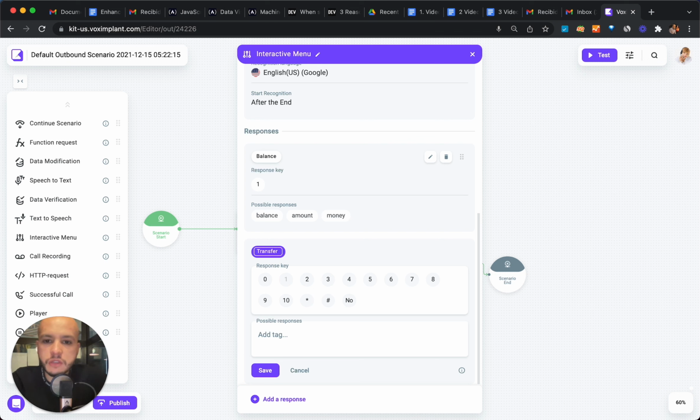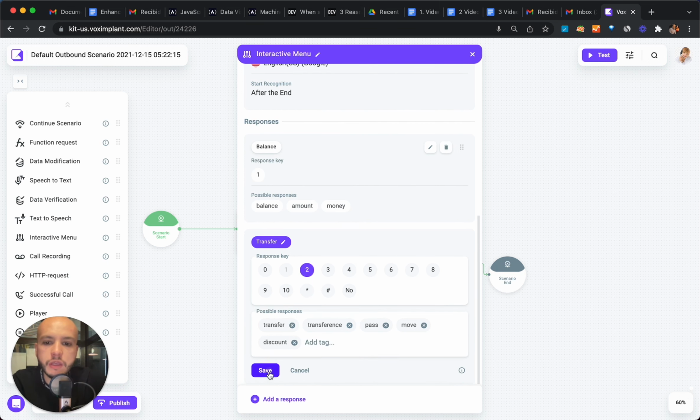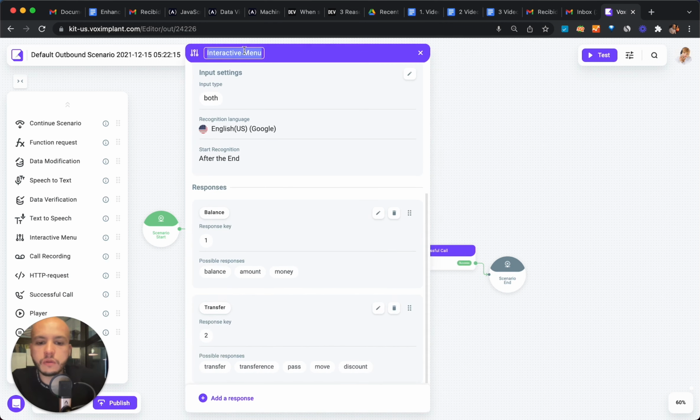That will be transfer now. We select the DTMF tone number 2, and we put the keywords. There are similar terms that could refer to the same thing. You save it,